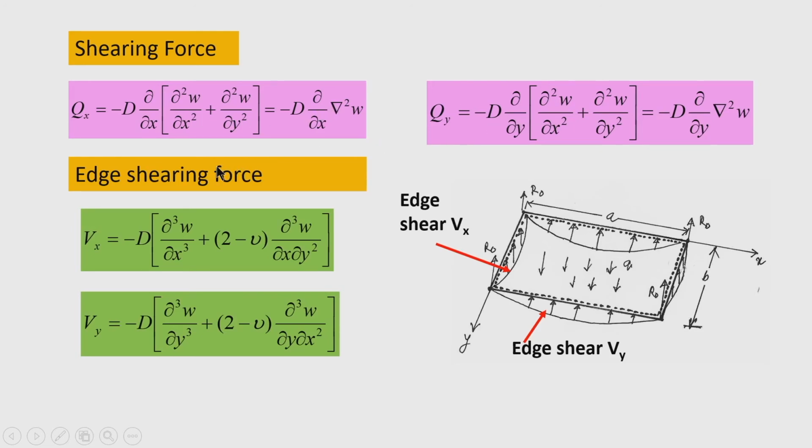S shear is also used in plate problems, because it was proposed by Kirchhoff by combining the effect of twisting moment and shear force along the edges. He combined these two conditions to give a single quantity, S shear, along the edges which run parallel to the x axis, or along the edges which run parallel to the y axis.